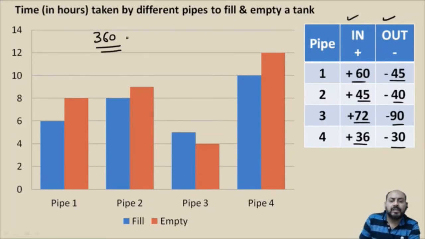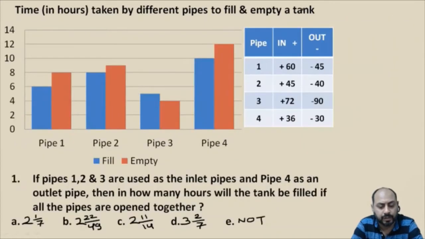So in such scenarios, whenever you're having DIs on pipes and cisterns, time and work, maybe speed, time and distance, maybe profit and loss, maybe some other data values, you need to first see how these values are interrelated and how we can start solving these questions provided the data given to us, right? So we are good to go now, and let's have a look at the very first question.